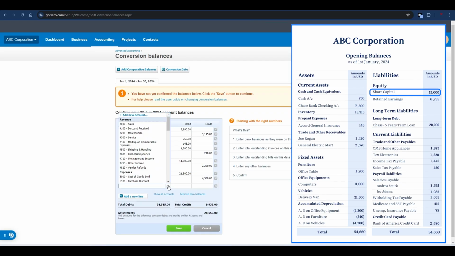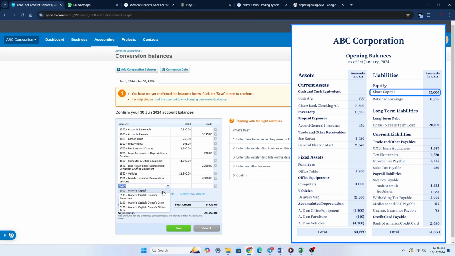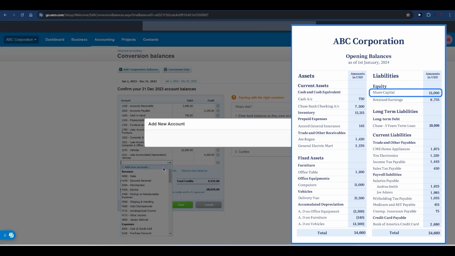In our list of accounts, you will notice an option called owner's capital. Typically, this account is used to represent the owner's investment in a private firm. However, in the context of the limited liability company, we use the term share capital instead. Rather than using the existing owner's capital account, we will create a new account specifically for this purpose named share